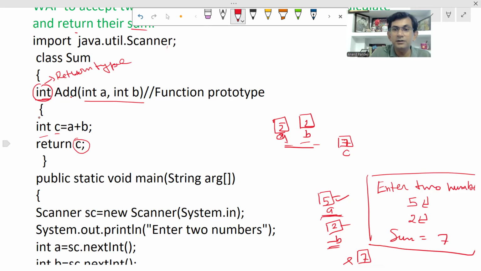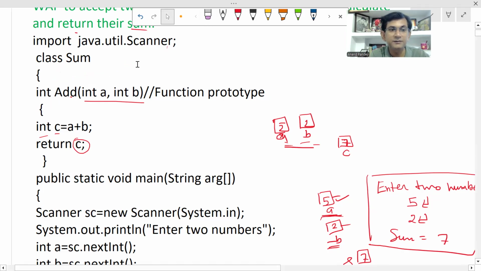Okay, if you're going to return int type of value, you'll write int here. If you're going to return double type of value, then you'll write double here. And if you're going to return string type of value, you'll write string here. If you're going to return true or false, you will write boolean here. Which type of value you are going to return? You have to write that type here. This part of the function is what? Return type. Okay. Then second thing, sometimes it happens we define such functions in which we do not return any